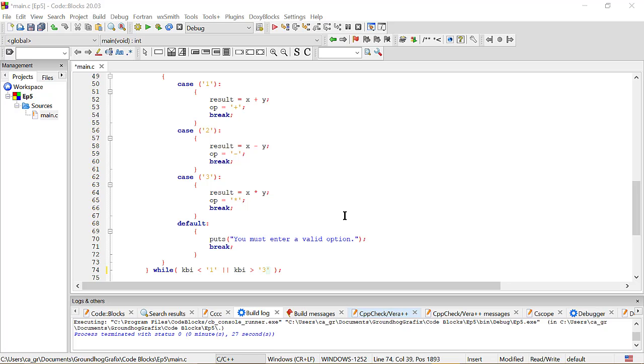Now we have reached the bottom of our nested do while loop. The while in this case is testing that input received from the user is within the range of our menu options. Specifically, it is checking to see if KBI, keyboard input, is less than 1 or greater than 3. Being that all numbers and letters received from the keyboard are received as ASCII codes, and all ASCII codes are numbered in order, we can check to see if the input is correct by comparing